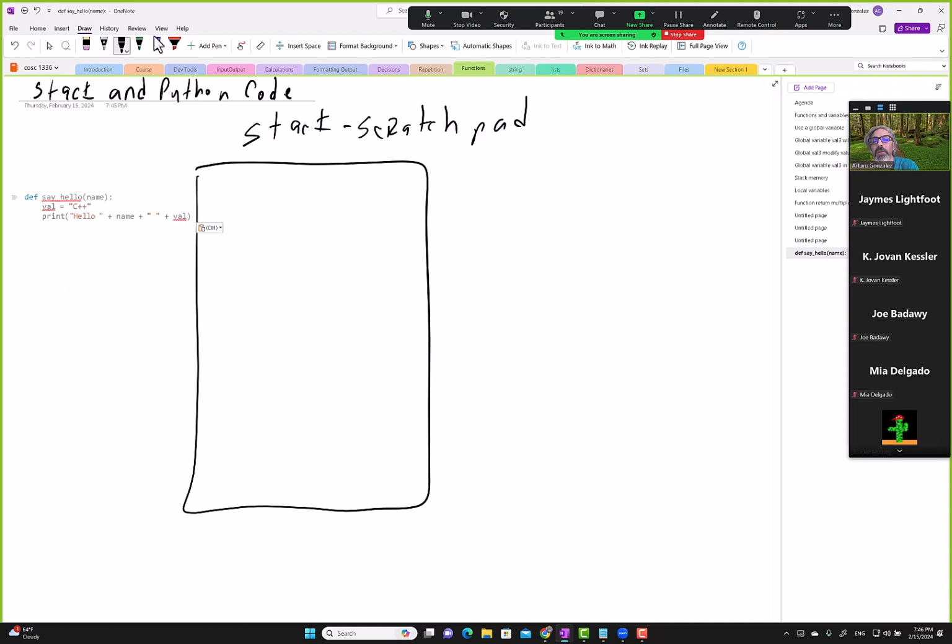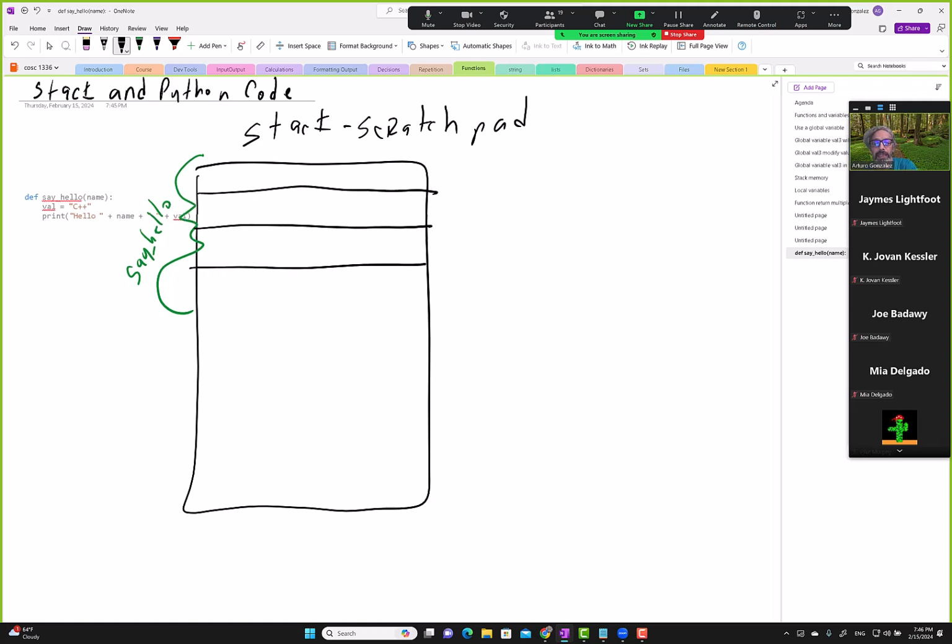We're not going to worry about that one. Then when our program runs, say hello is loaded onto memory, and it gets a block of memory. So assuming it got this block of memory,